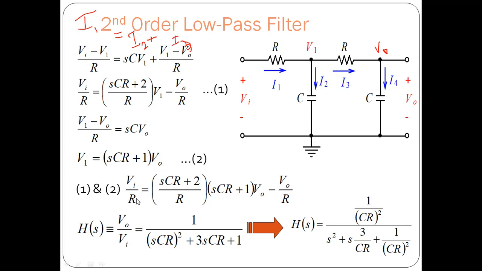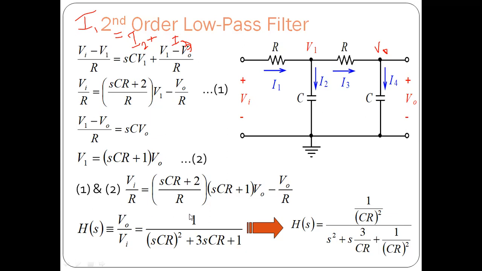Then we are going to bring this R to the right hand side, as well as taking V0 common from all this expression. Or else we are bringing all this equation to the left hand side, and then we are bringing this VA to the right hand side. Then the equation is going to become, by solving this equation,